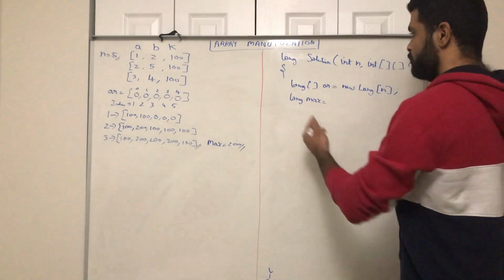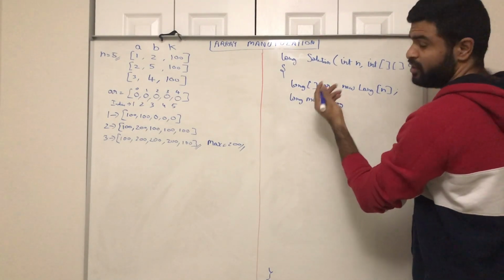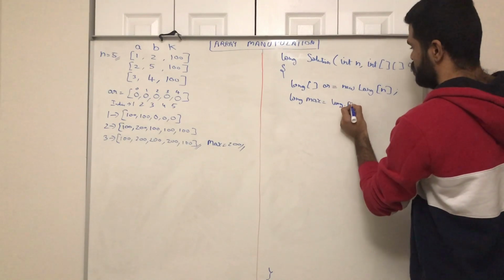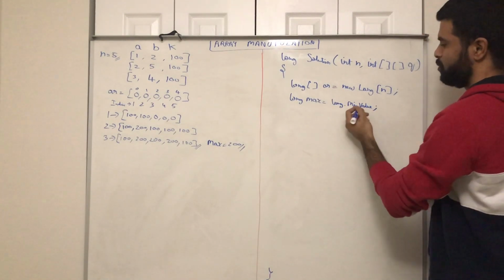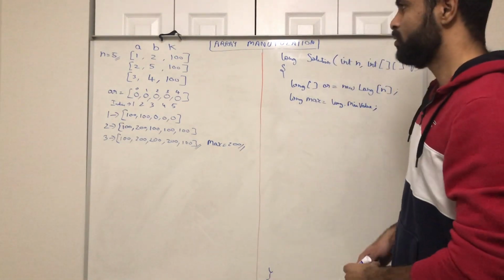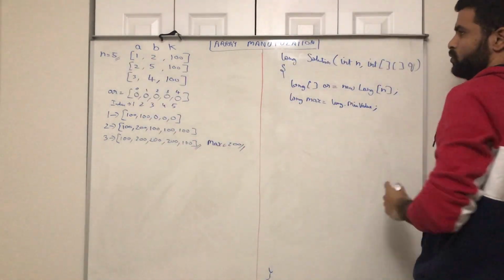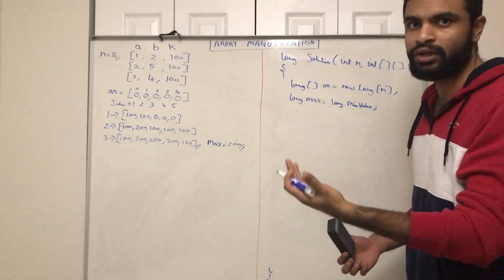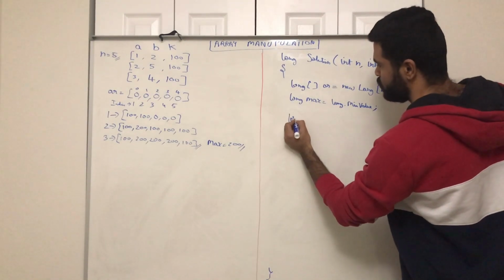Okay, so for long max, I'm just assigning the minimum value of long to this. It's a predefined one. So once I get the variables, I'll start looping the queries. Queries is nothing but cube. It is an array of arrays. So for each array, I'll be having again an array. So I will start looping it. I will just do a for each